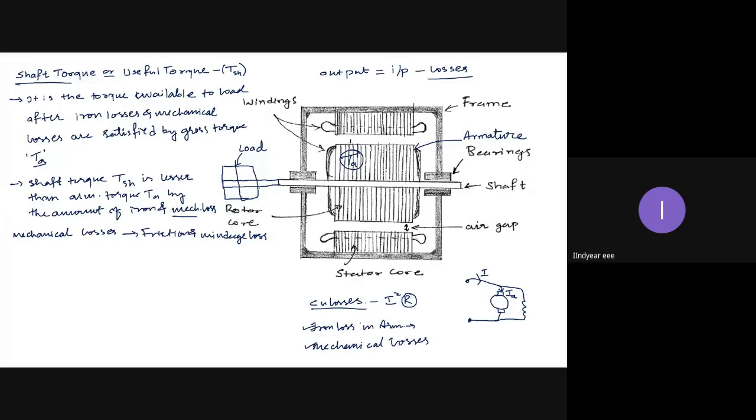Now friction is occurring in the bearings. Now these are bearings. You can observe the inner race of the bearing is connected to the shaft. Outer race of the bearing is connected to the stator. Okay, so bearing will be like this, right? Ball bearings or roller bearings. If the machine size is small, we use ball bearings. If the machine size is large, we use roller bearings. So this is the inner race, inner circle that is fixed to the shaft, which is free to rotate. Then the outer race is connected to the stator.